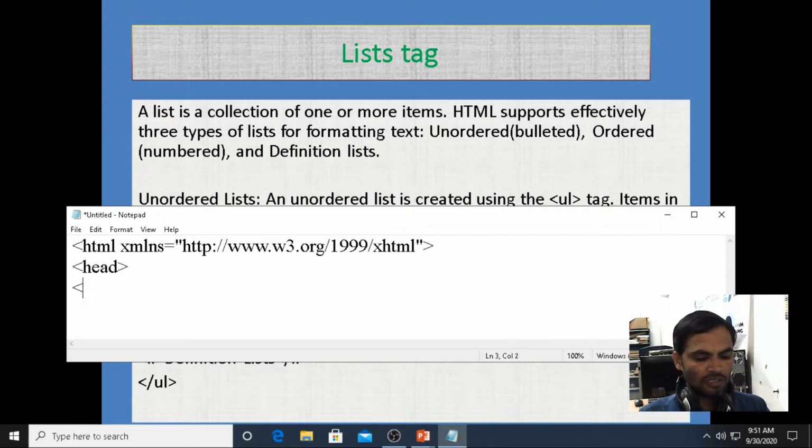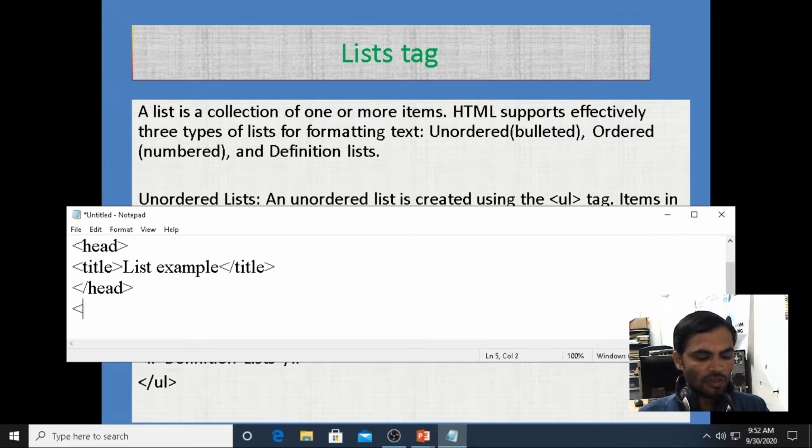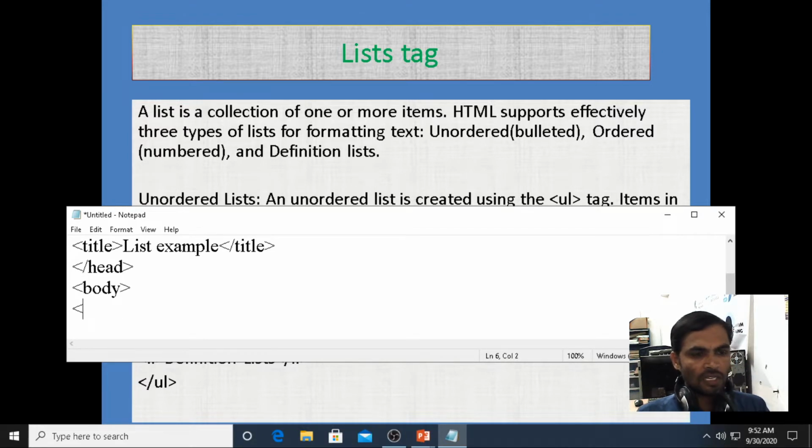Inside the head, in the title bar, we are giving the title list example. Then closing the head. Now inside the body, we are using the list, the unordered list, UL tag.